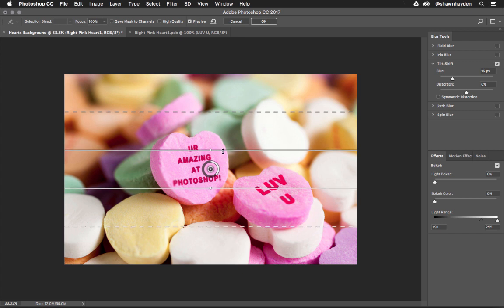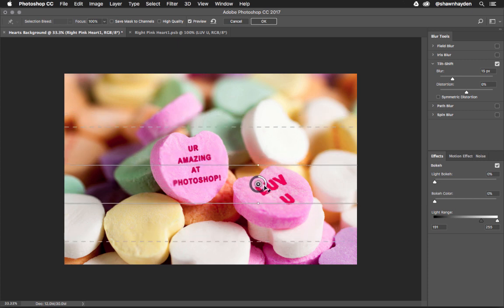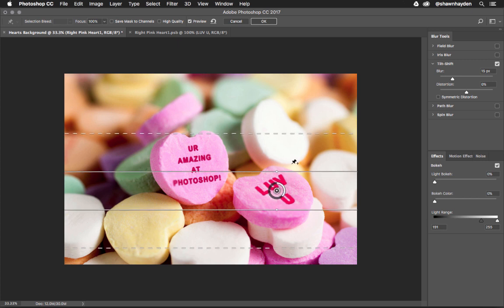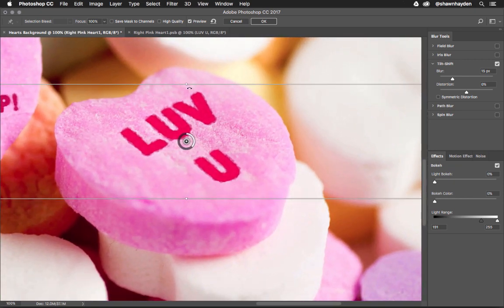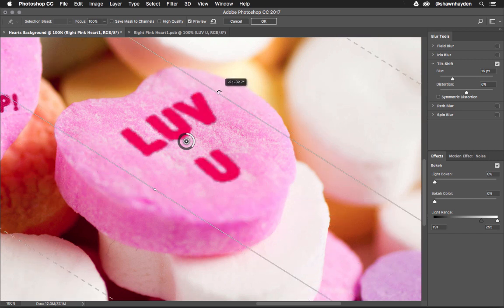What this filter does is it keeps this area that's inside of the middle in focus, and then there's a little dividing line, and then this dotted line out here on the outer edges where the blur comes into effect. Now we want to move this center part by clicking and dragging it onto our candy over here. And then let's go back into 100%, hold down space to pan over, and now I'm just going to grab, it's kind of tricky to grab that, it wants to rotate at first, so let it do what it wants. We need to rotate this kind of to the right, clockwise,